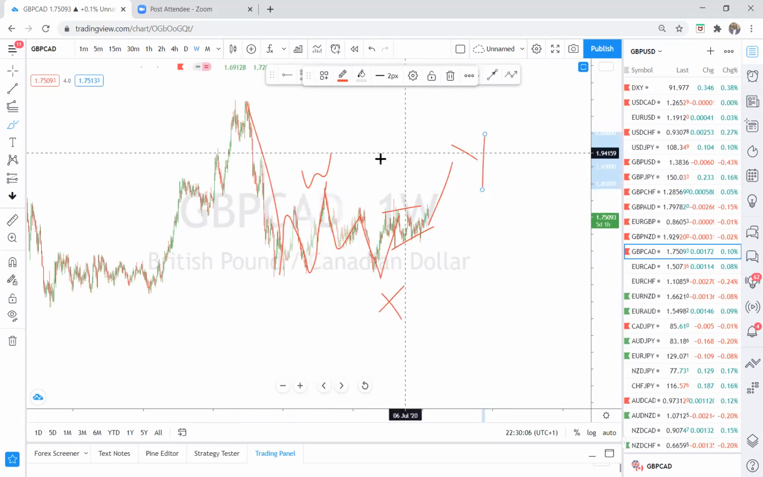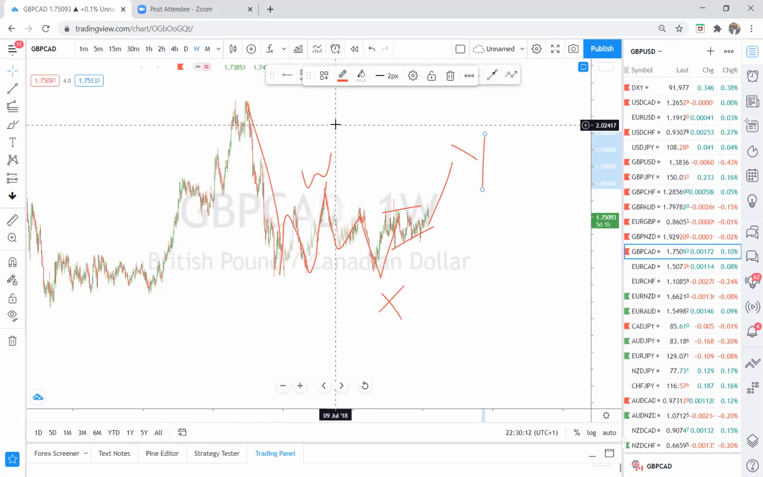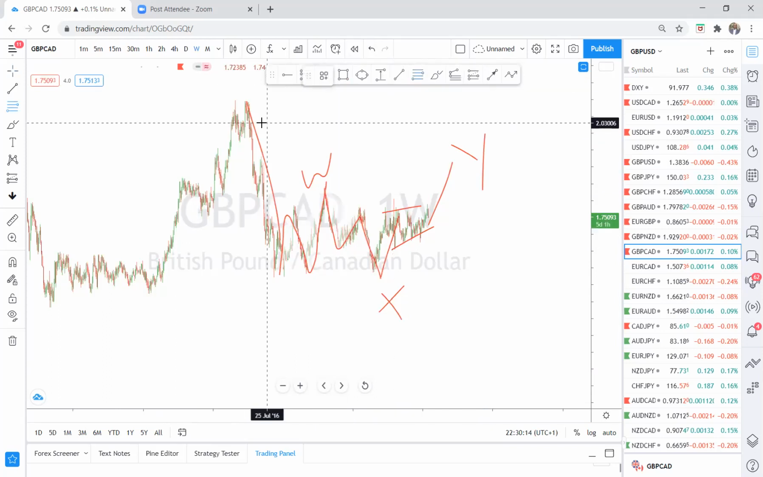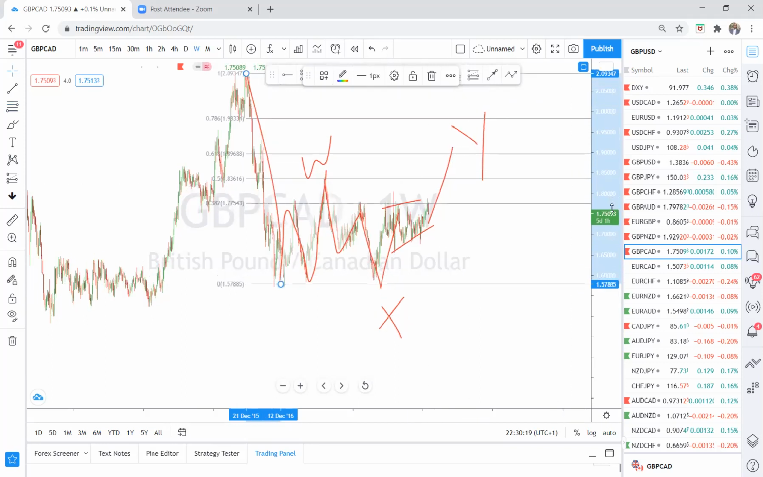By the time this Y structure is completed, you will see that this initial bullish move has been retraced to the tune of 50 to 61.8% retracement. Can you see it here? This is the 61.8% retracement, and I don't think it's going to make a 50% retracement. It can break